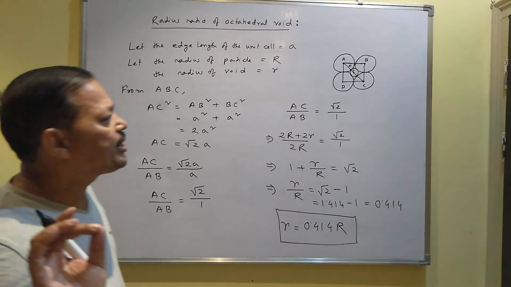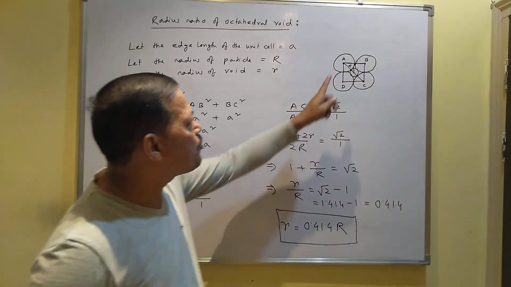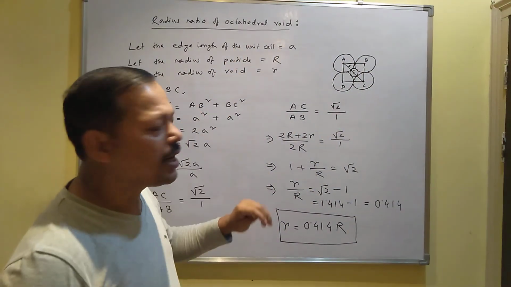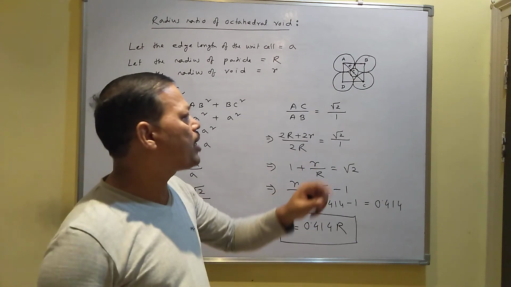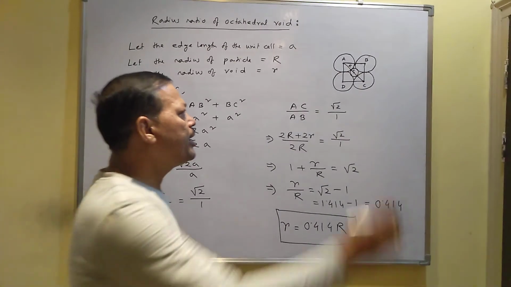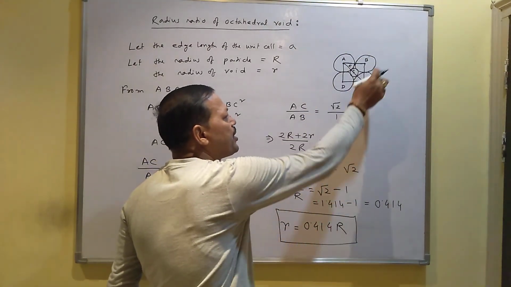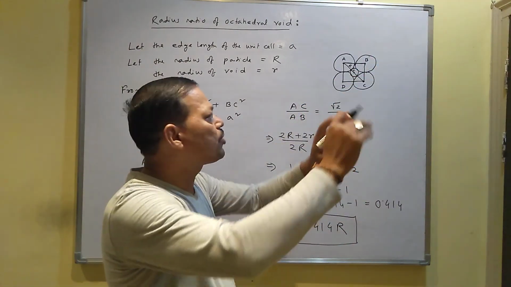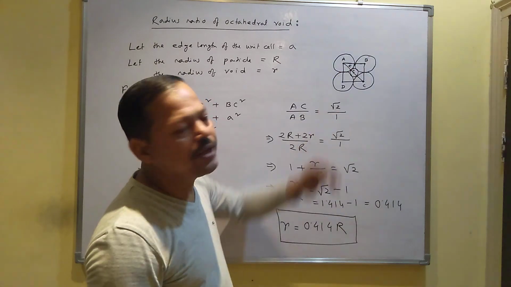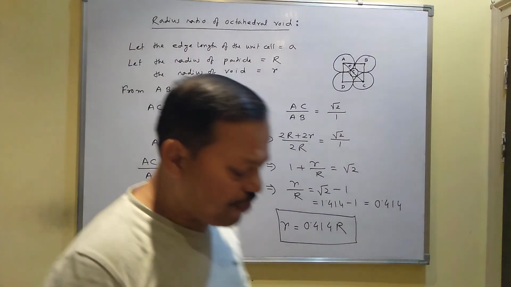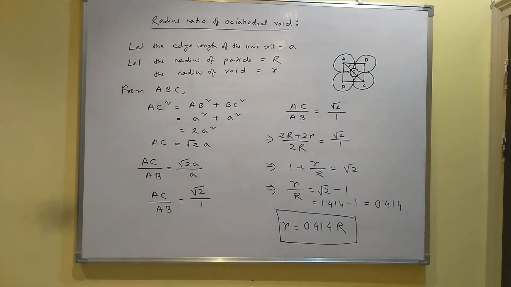See, octahedral void is the combination of two triangular void, but we have drawn the octahedral void in this way only for the calculation. Otherwise, if you do combination of two triangular, you cannot do the calculation. That is why for calculation we consider the octahedral void in this way. Here I have shown only 4 particles. These are the pairs. One particle you have to consider below the void, and one particle you consider above the void. Total 6 particles are present. That's why the void is said to be the octahedral void. So in this way, you have to find out the radius ratio, I mean the relation between radius of void and radius of particle. Thank you.